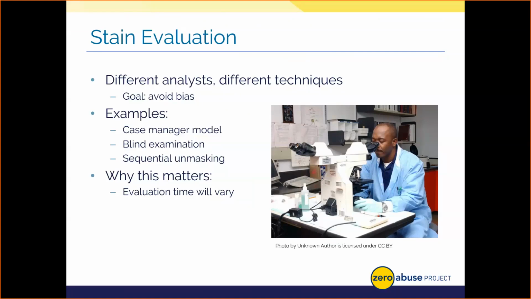Lastly, some professionals use sequential unmasking. This is something that I've used, where they make certain key analytic judgments before being exposed to potentially biasing information from an investigator or other MDT members. In short, they might try to examine evidence and avoid case notes or contextual information until they hit a roadblock. They may only read a quick case synopsis and work from that before they then call an investigator or subject themselves to potentially biasing information. As you can see, there's then a spectrum to unmasking information with sequential analysis.